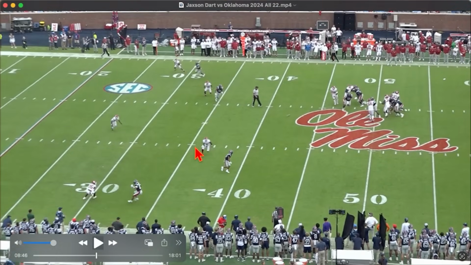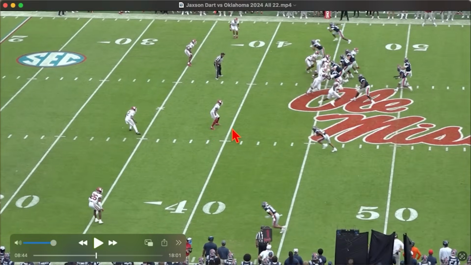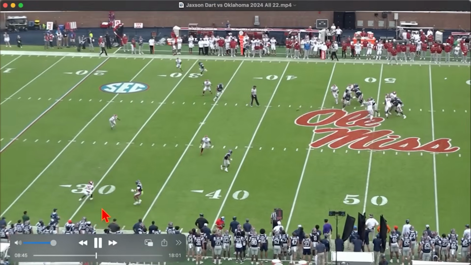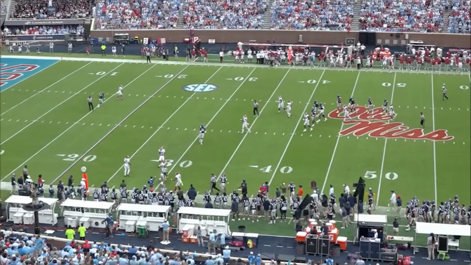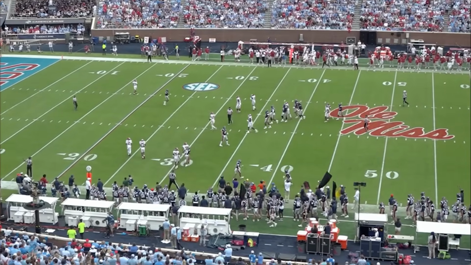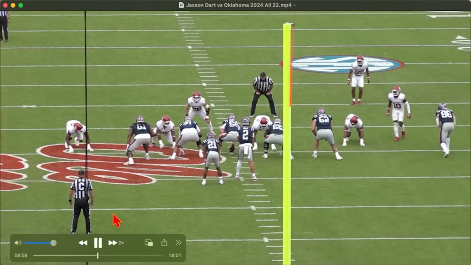Again, corner plays the vertical. This nickel corner is in this overhang position, so he's not there. The safety's not over the top for this corner to take a chance. So you take the speed out, and you take a 1st and 20 and turn it into a 2nd and 7. Get a couple run plays that allow you to get a first down after that, and then we're going to